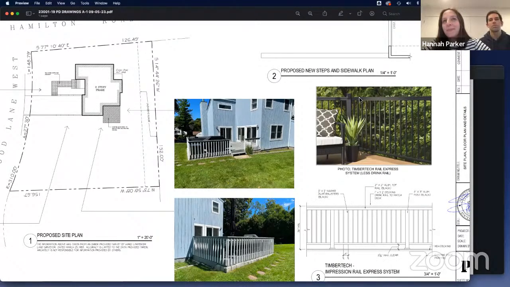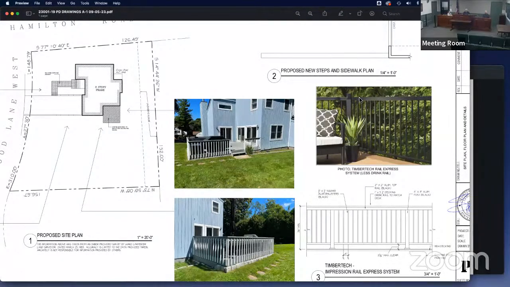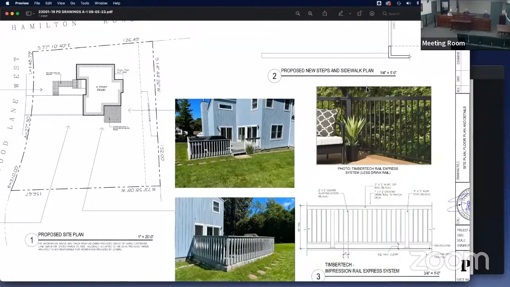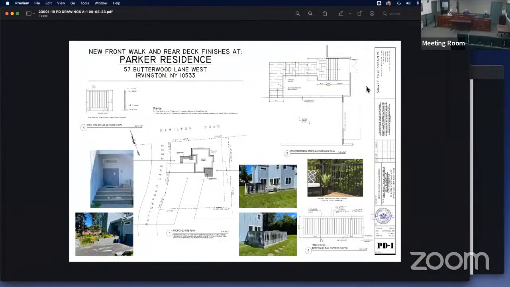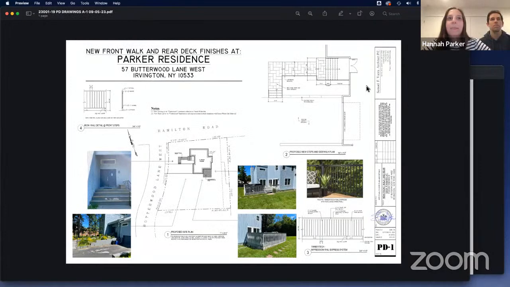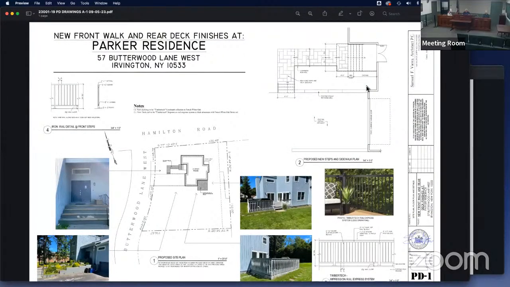It's all right. Okay. Once again, not a big project, very little can go wrong here. I had no other issues other than knowing the manufacturer, the type of materials you were going to use on the deck, and you have since told us it's TimberTech. At this point, I have no other questions. I will ask the rest of the board if there's any other issues. No. No. No. Okay, on that note, I will make a motion to approve.